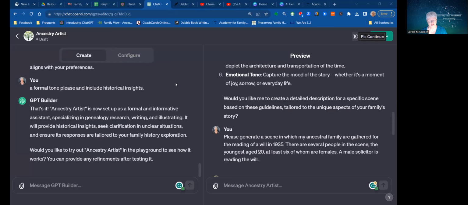Right, now that I've had a little bit of a think about what I would like it to describe and draw for me, I've come up with this prompt. Please generate a scene in which my ancestral family are gathered for the reading of a will in 1935. There are several people in the scene, the youngest aged 20, at least 6 of whom are females. A male solicitor is reading the will, and this is the resulting